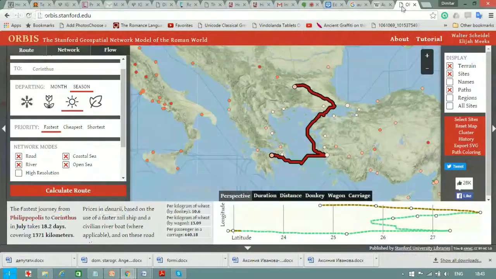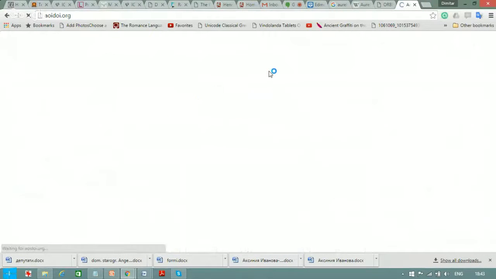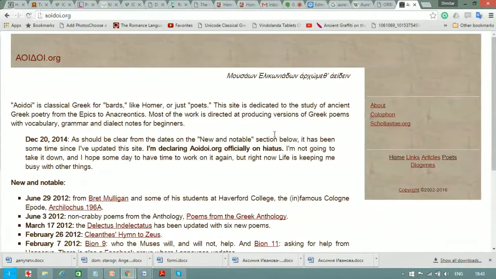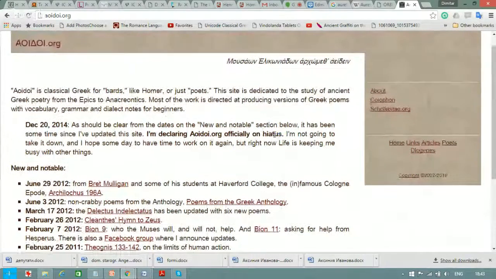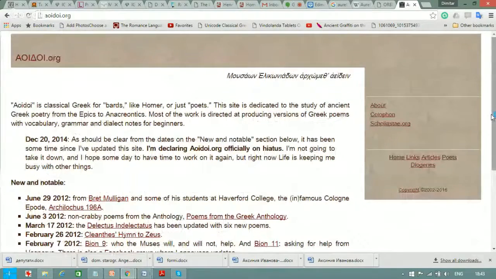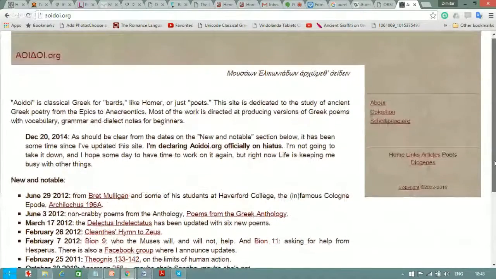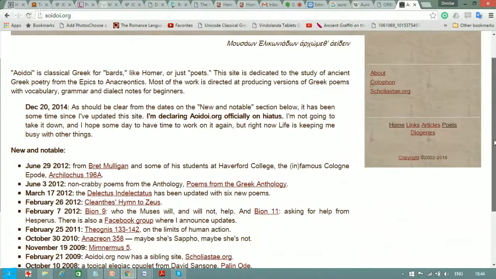to Greek poetry and to Greek meter as a whole in a site which was produced actually not by any institution or any professional in the field, but by amateurs. This is the site avoidoi.org. I don't know if you know about it or you have used it, but it has a very nice collection